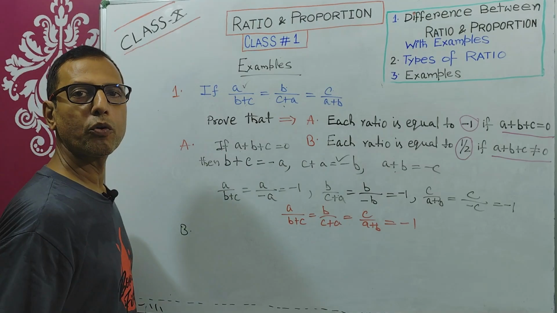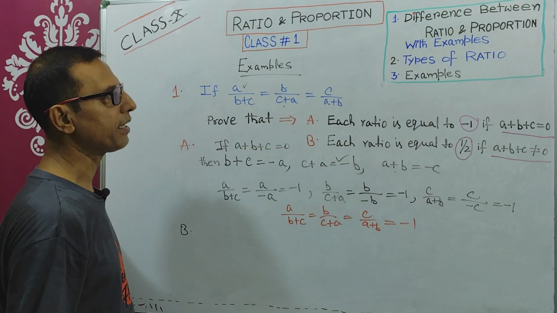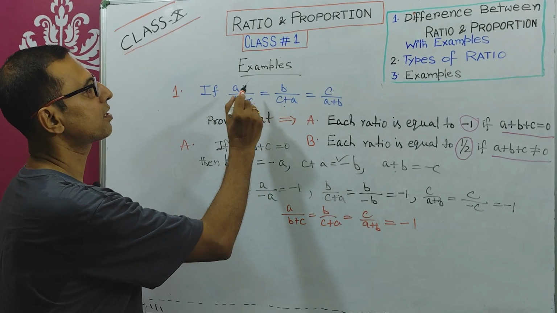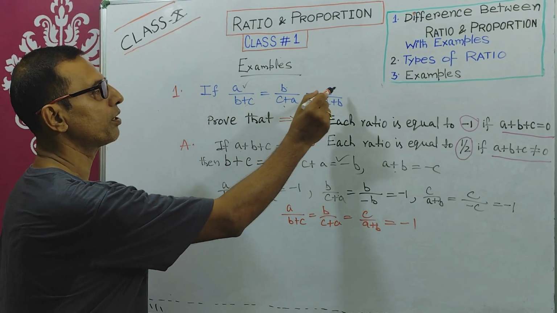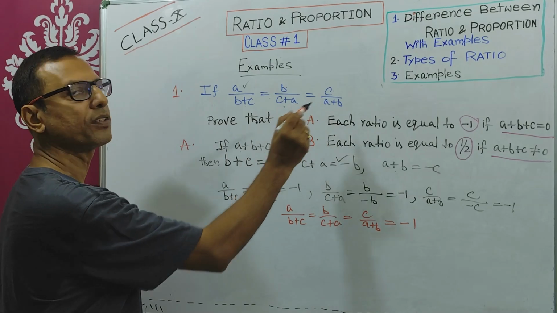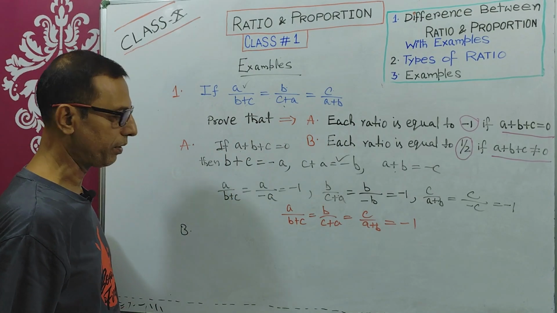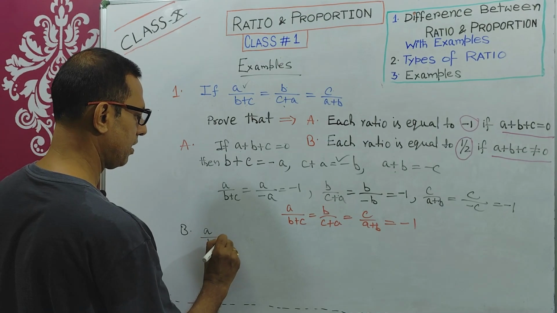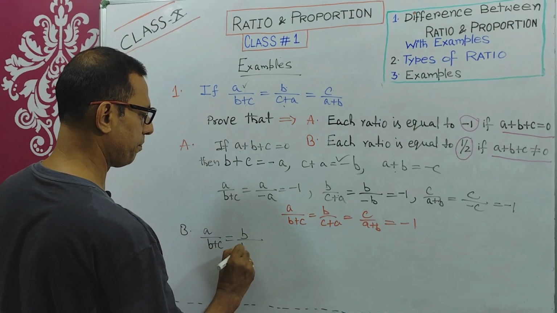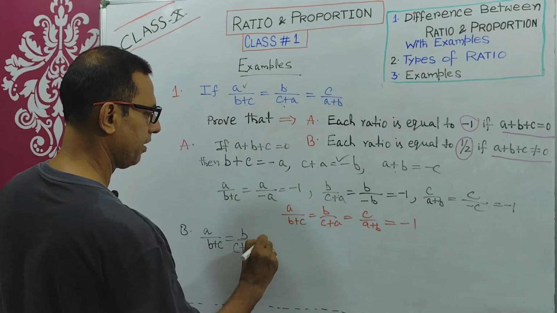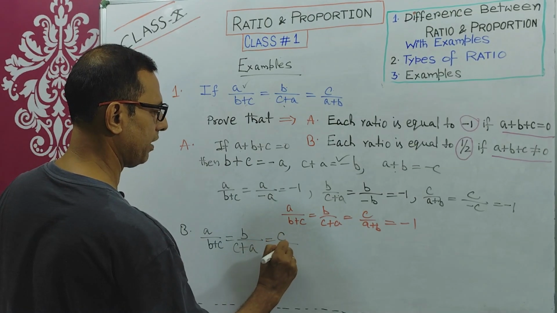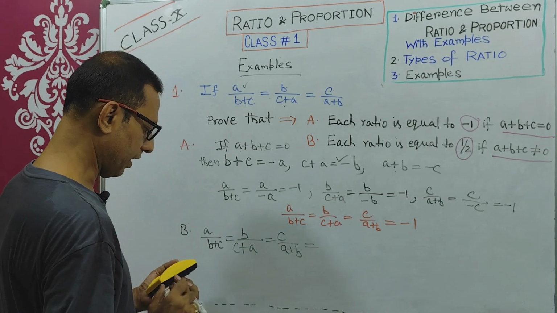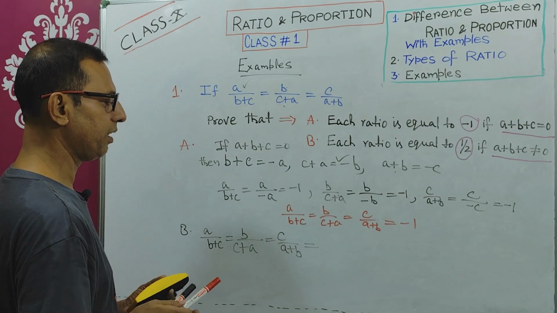If two or more ratios are equal to each other, then each of the ratios will be equal to the sum of their antecedents or numerators divided by the sum of their denominators or consequents. That means I can say a by b plus c equals b by c plus a equals c by a plus b equals the sum of their numerators divided by the sum of their